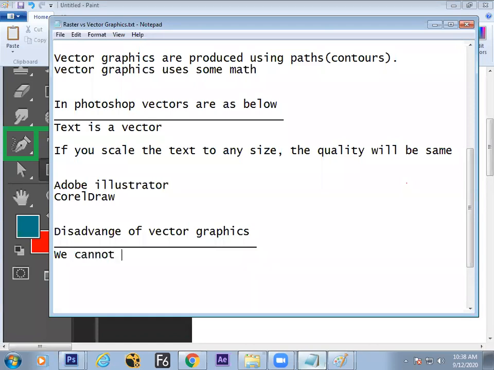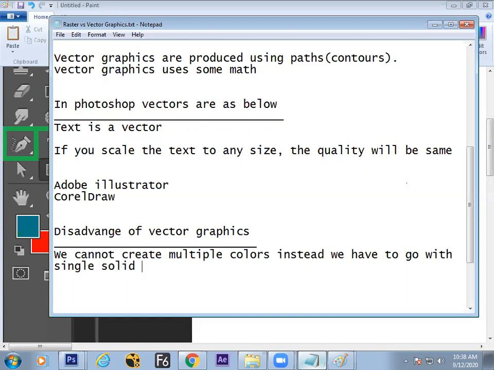We cannot create multiple colors. Instead, we have to go with single solid color designs.